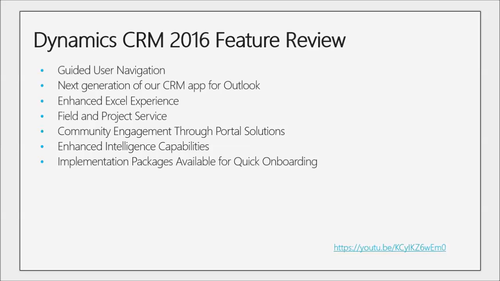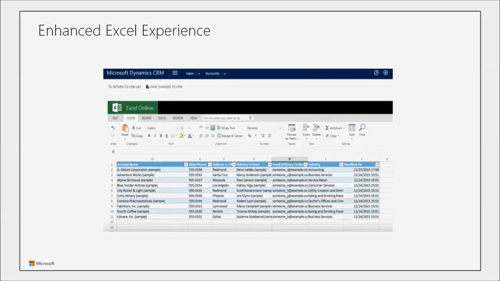So another, not a big addition, but a new enhancement that we're getting great feedback on is the new enhanced Excel experience. And one of the things you can now do in the CRM is export straight to Excel online and keep a link between that spreadsheet and the CRM. So what that means is now, let's say you're looking at a view of your accounts and you want to make some changes to the accounts in that view. Export to Excel online and